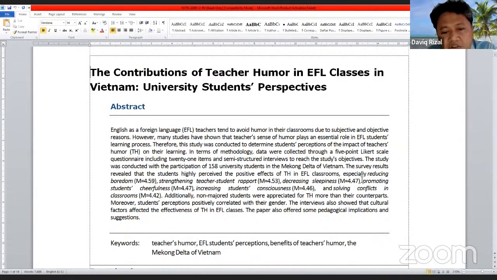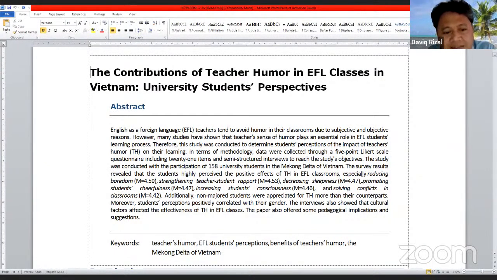In terms of methodology, data were collected through a 5-point Likert scale questionnaire, including 21 items, and semi-structured interviews to reach the study's objectives. The study was conducted with the participation of 158 university students in the Mekong Delta of Vietnam. The survey's result revealed that the students highly perceived the positive effect of the teacher's humor in EFL classrooms,